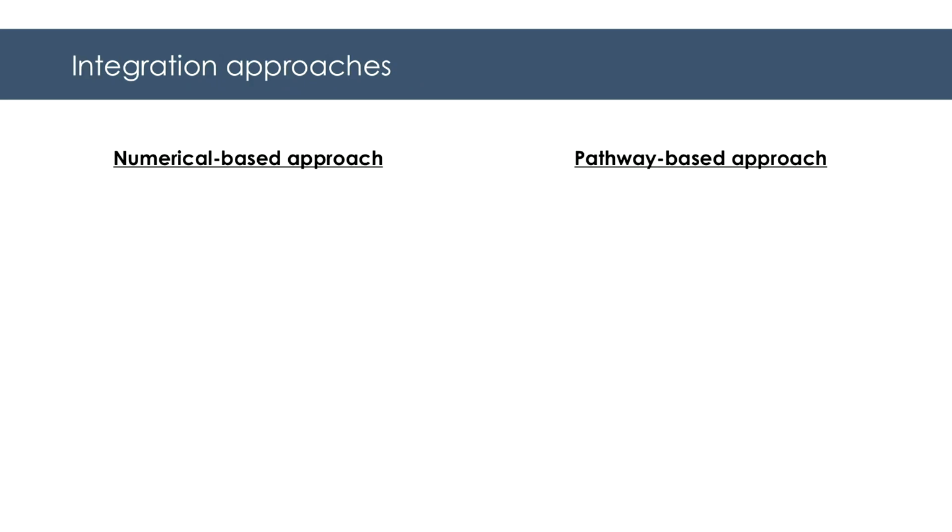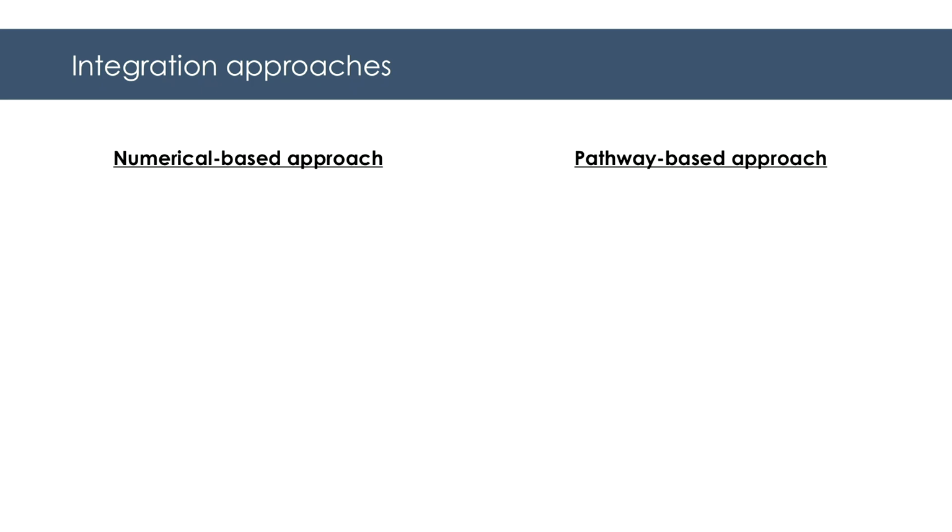And so there's really two major ways one can integrate these different data sets. One is a numerical-based approach, where you'll take a biological data set, so let's say, as an example, what we do is gene expression and metabolomics. And you're going to see maybe how the abundances will change from a disease state to a control state, or how the relationship of the gene and metabolite abundances will change with respect to one another in two different states. And the other is a pathway-based approach, where you'll take the metabolite or the gene data or any other type of biological data set, and you will combine it with already curated information of biological pathways and processes.